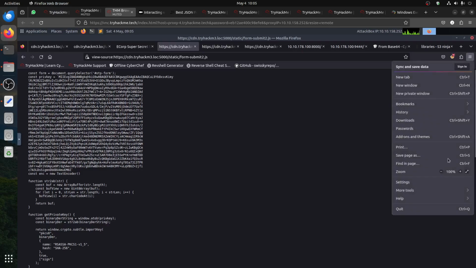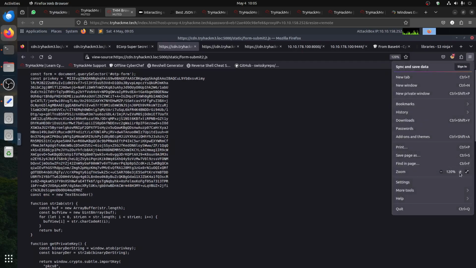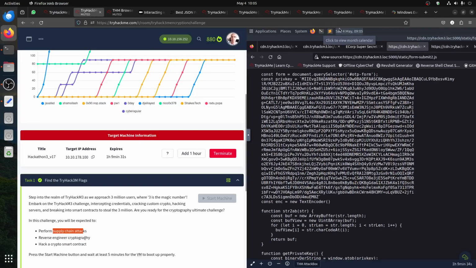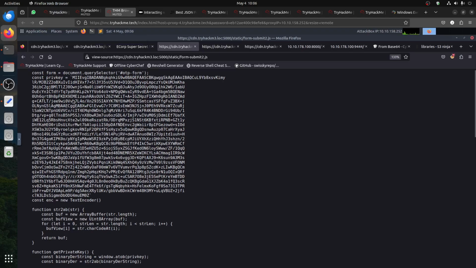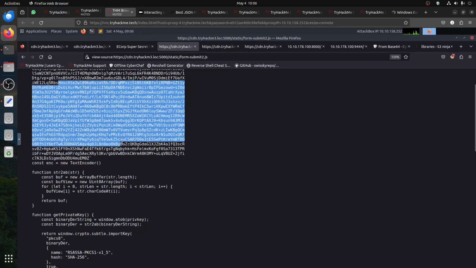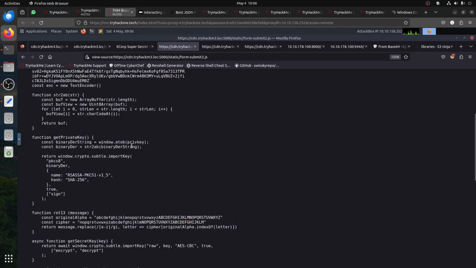If we go now to the second question, remember the first question. The second question now is reverse engineering cryptography. So it's not like just fuzzing the OTP. Here, that's why ChatGPT was important, because this is a public key and then